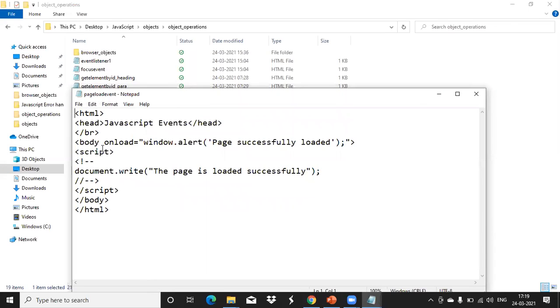See, onload equal to window.alert of this message, it will show an alert message. Plus, we are writing a message in the text box also, that the page is loaded successfully. So when the web page or your HTML page is loading, that time this onload event will happen. It will show this alert message for you. Okay.